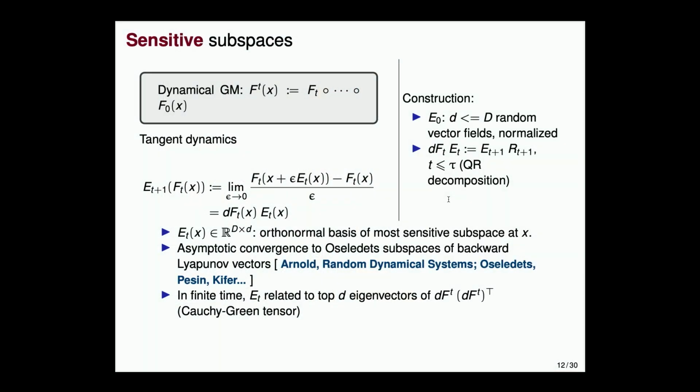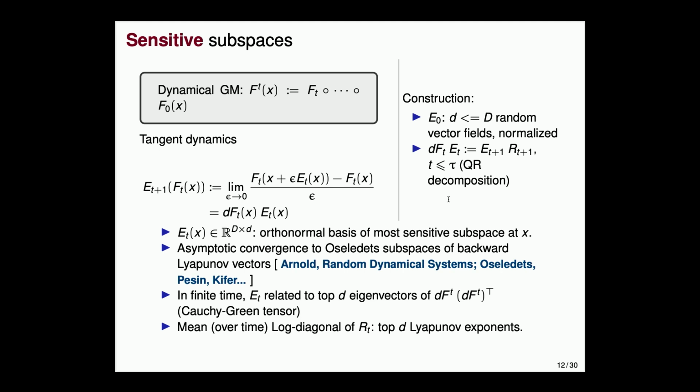What do they tell you? They tell you what are the most sensitive directions in the tangent space where errors can grow. Okay. So if you take the top d, as is convention even with eigenvalues, we typically arrange them in decreasing order. So these are the top d corresponding subspaces where errors are growing the most. Okay. Maybe all the eigenvalues are negative, in which case it is still where the errors are decaying, but these are the most sensitive subspaces.